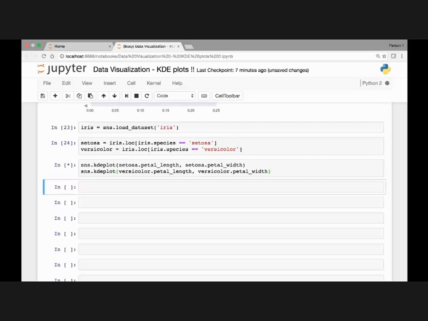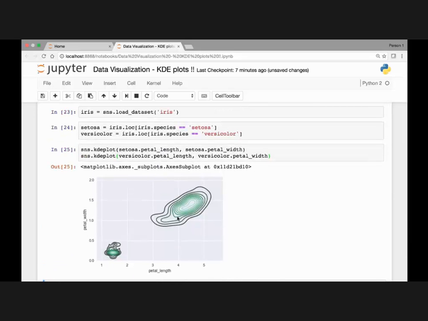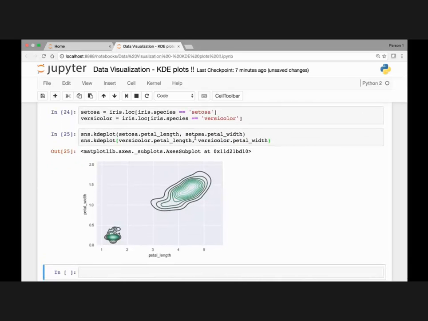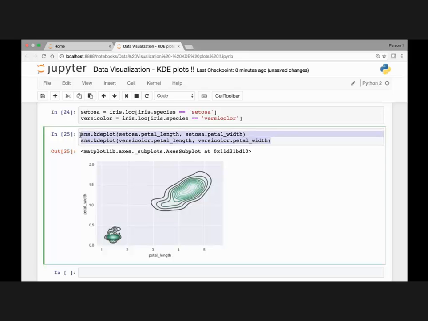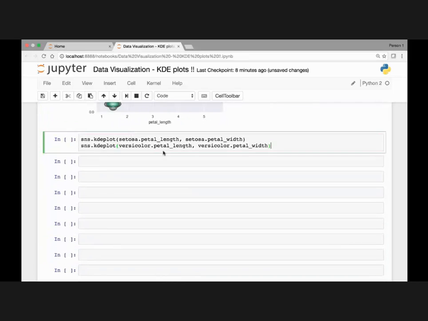KDE plots. Okay, if we run this now, we have two KDE plots, right? They both look the same. What we can do is pass the color map attribute and then pass different color maps. So let me copy this, paste it here,